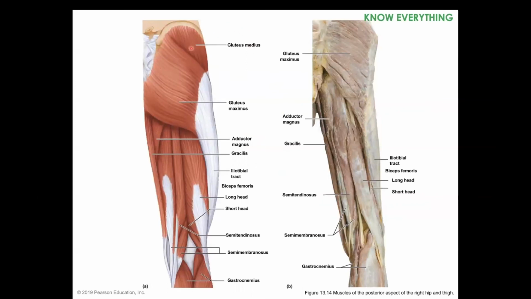And then here are the muscles of the hip and the hamstring region. So you have our glute maximus and our gluteus medius here. And then this side has a cadaver image of the same thing. And then within the hamstring, we have our semitendinosus here, our semimembranosus here and here, the biceps femoris here,